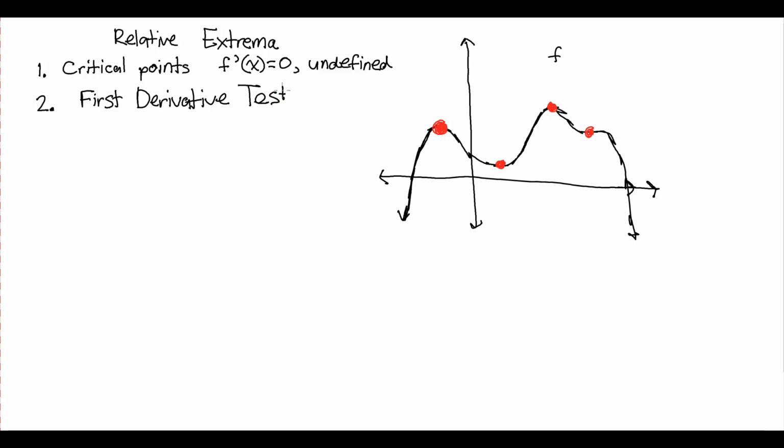So what the first derivative test basically says is that if you have a critical point at x equals c, some number c, then if f prime of x goes from negative to positive at x equals c,